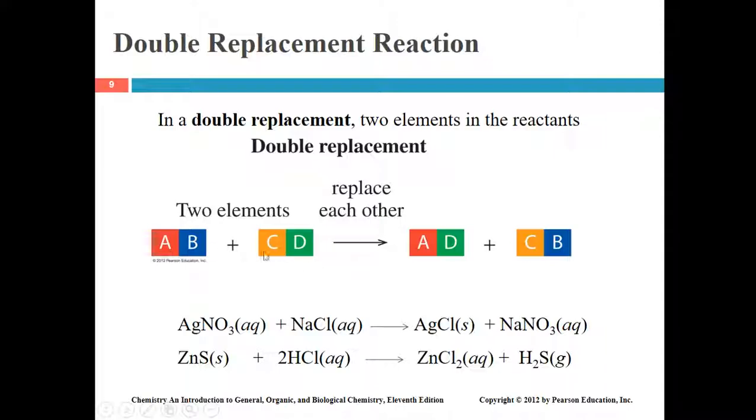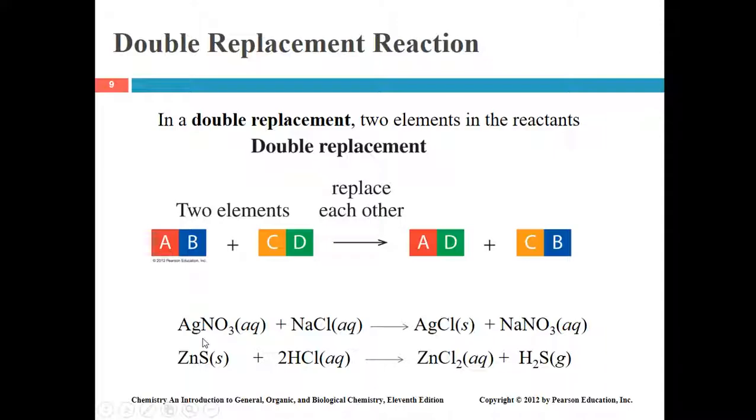No, these are just representations, and because B represents the anion, the negative part, and C represents a cation, a positive part, when they combine, the positive one is always written at the beginning of the compound, and the negative one is written at the end of it. That is why you have this representation of the C before the B. And so as we look at this, that may be hard to visualize as just A, B, C, and D. But let's look at